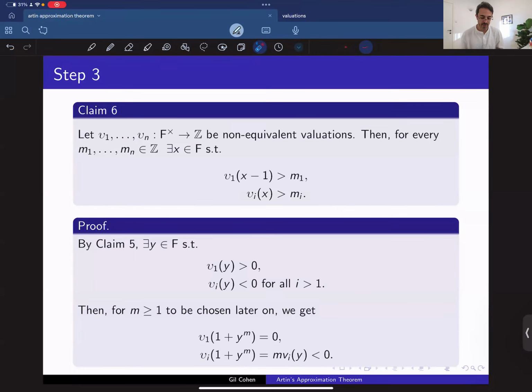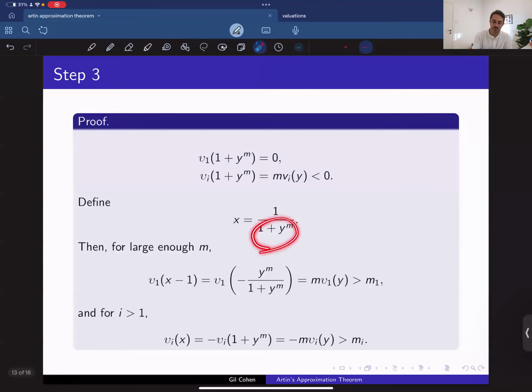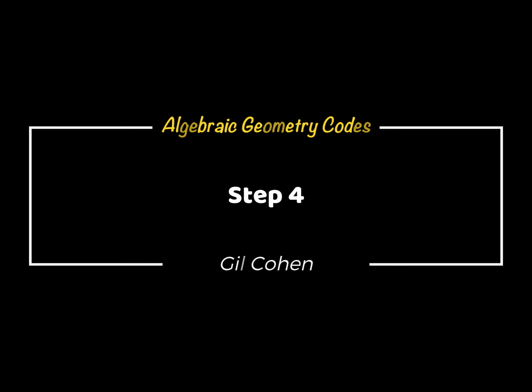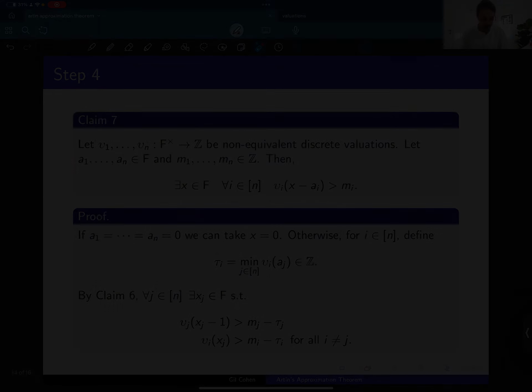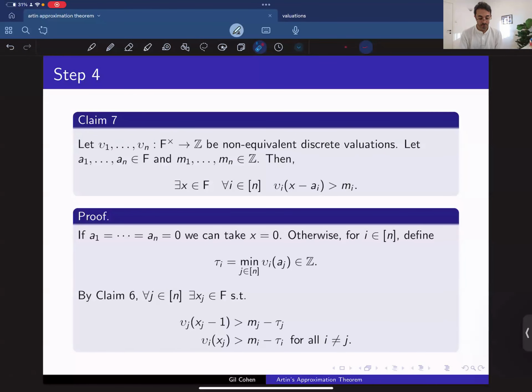Right, and here again, you can see that the function is not so easily described. I mean, you take whatever claim 5 threw at you, and then you look at y divided by 1 plus y to the m for some large enough m. It's getting messier and messier. Okay, so